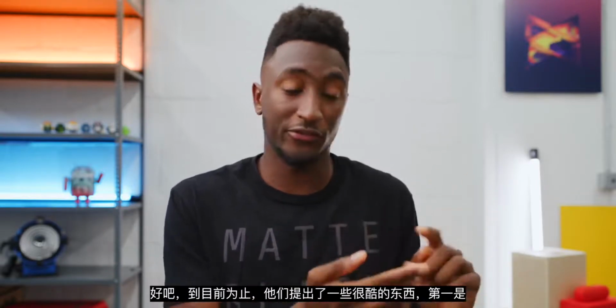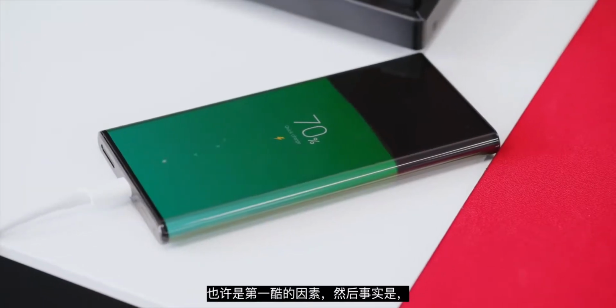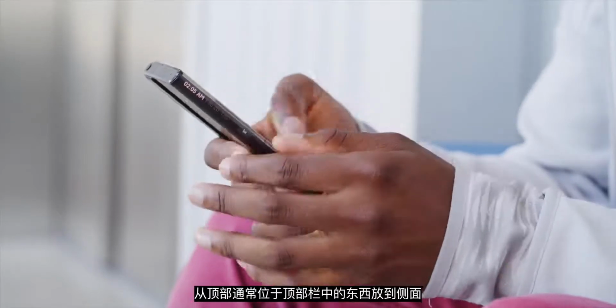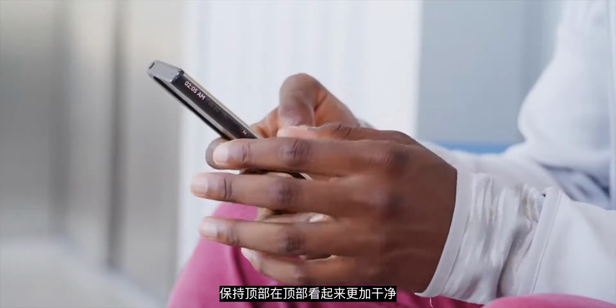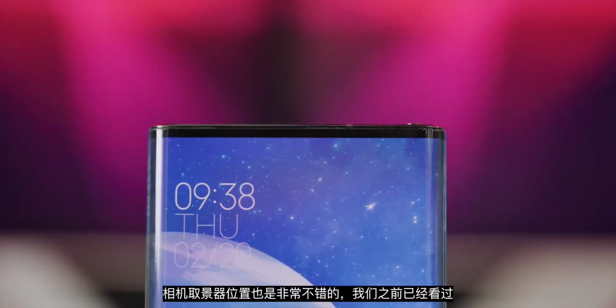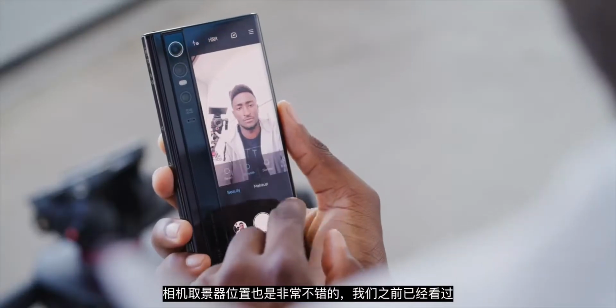And then, what's the back display even good for? What's the point? Well, they've so far come up with a couple cool things. Number one is the charging animation that I told you guys about already. I think that's pretty sweet, maybe the number one cool factor. And then there's the fact that it takes the stuff from up in the top bar where it typically is and puts it on the sides to keep the front looking even more clean at the top. That's all right. The camera viewfinder is also a legitimate benefit,